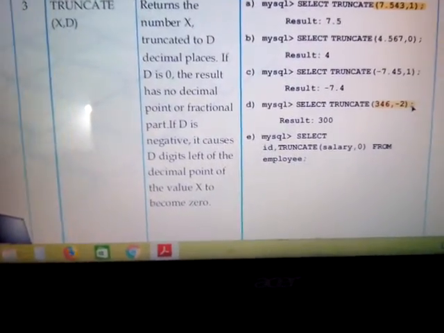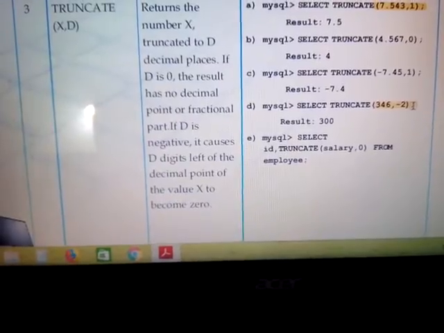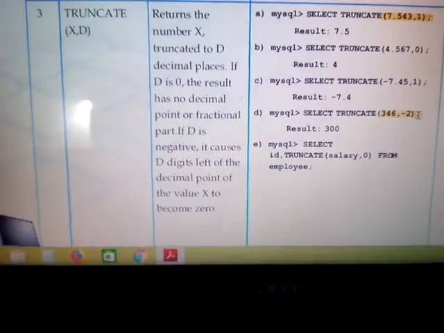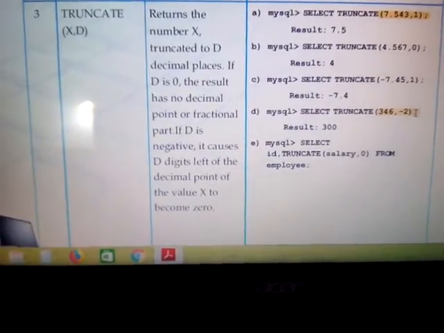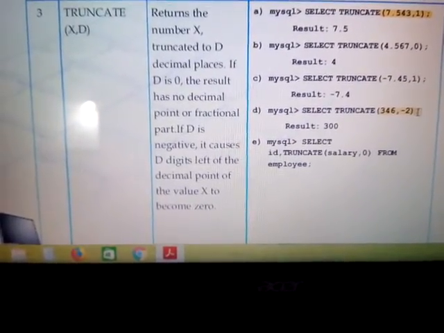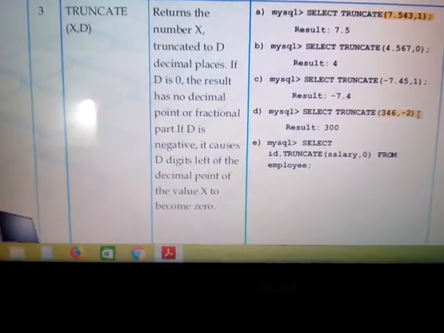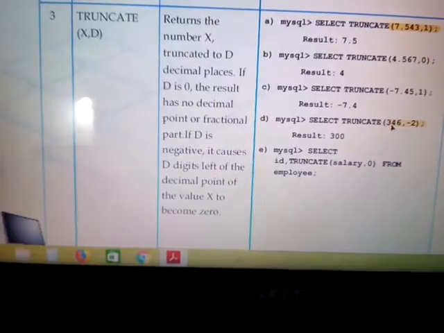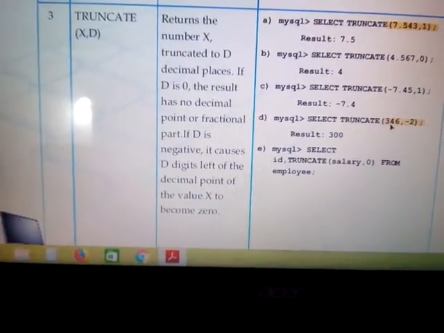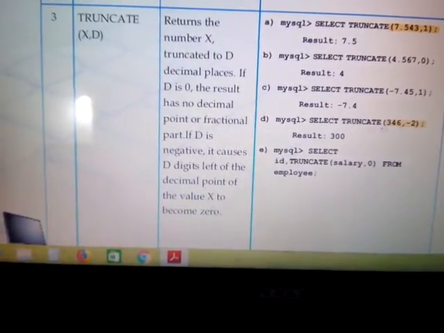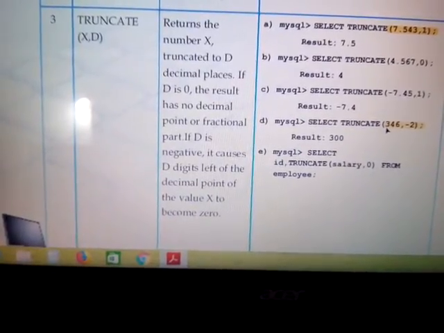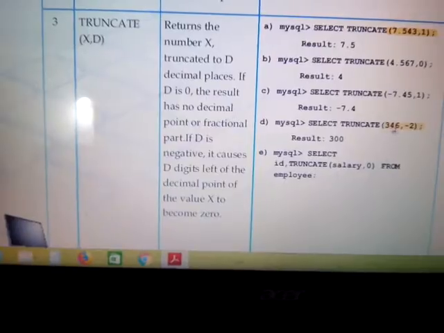Likewise, just have a look at this example: truncate with negative decimal places. It functions exactly like round, but in case of round we rounded off the number, which will not happen in case of truncate. So just to see, 346 comma -2. -2 means we deal with this 4. So this 4 turned to 0, like 6 turned to 0 before, and since 3 is here, we are not supposed to check if the number is 5 or more than 5.